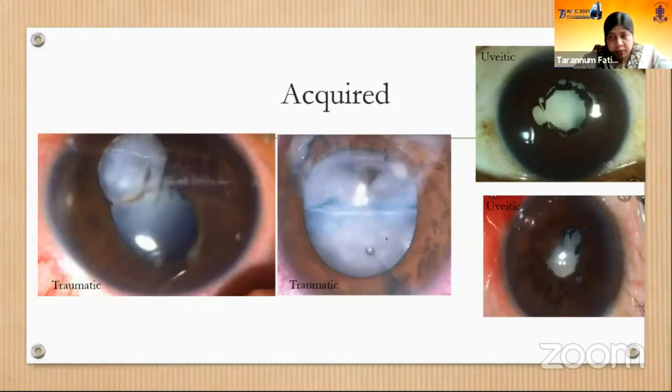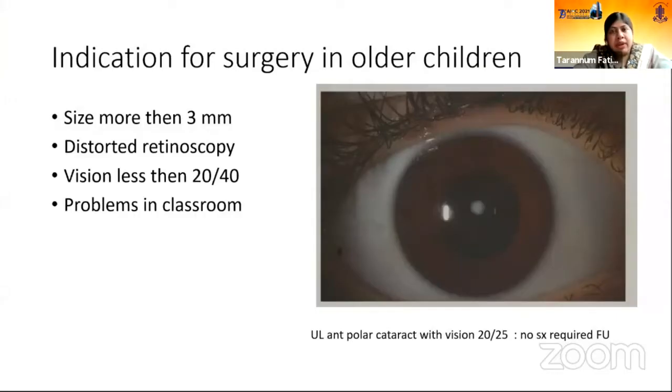Traumatic cataract and the uveitic cataract are important acquired cataracts. The indication for surgery in older children is size more than 3 mm, a distorted retinoscopy reflex, or vision less than 20/40 if the patient has problems in the classroom. Here is a picture of a unilateral anterior polar cataract with vision of 20/25, and no surgery was indicated in